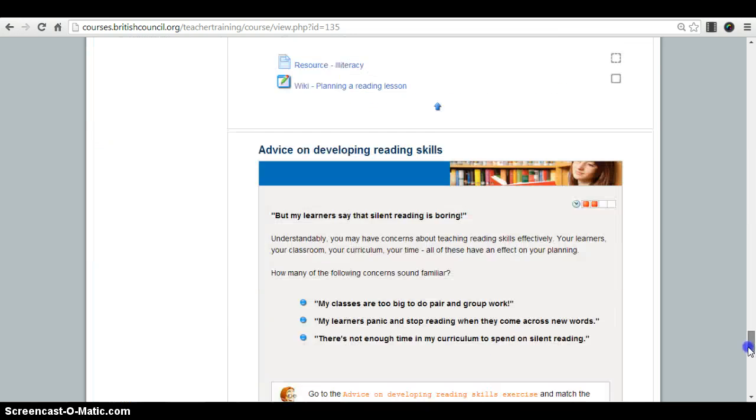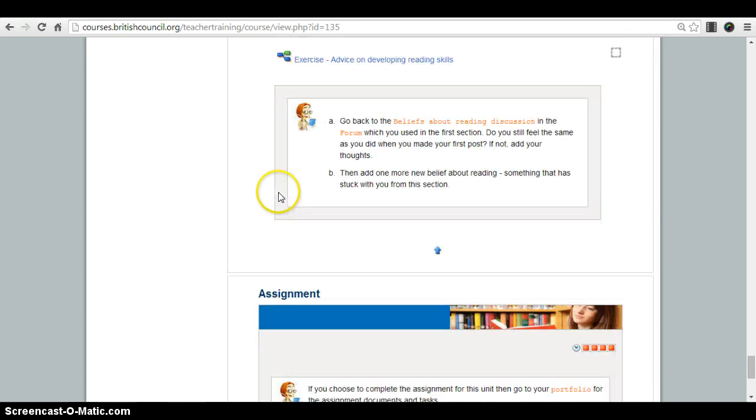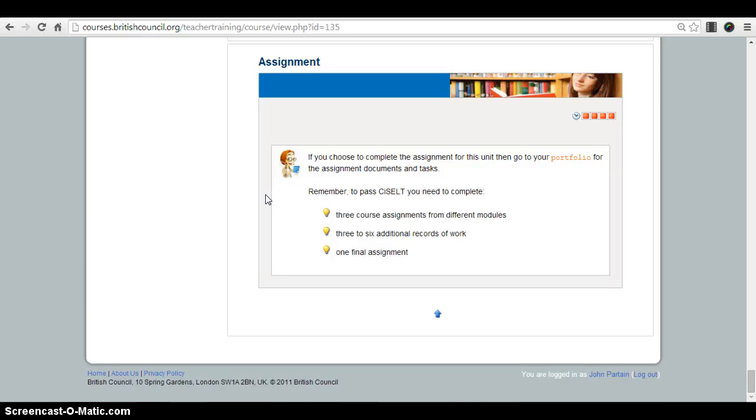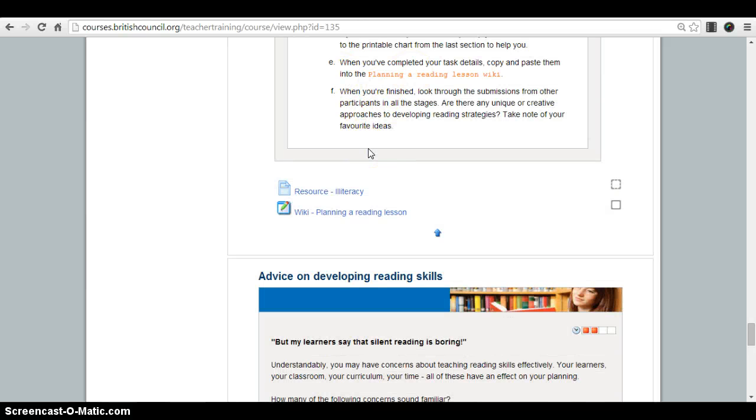And then finally, after you get through with your wiki, you need to do another exercise, and no assignment for this week, but if you'd like to add to the portfolio post that you made earlier, you can do so on how you felt, especially about this planning a reading lesson. Okay, so as always, I'll be available during the weekend. All you got to do, shoot me a mail or send me a message, and I'll get right back to you. Okay,